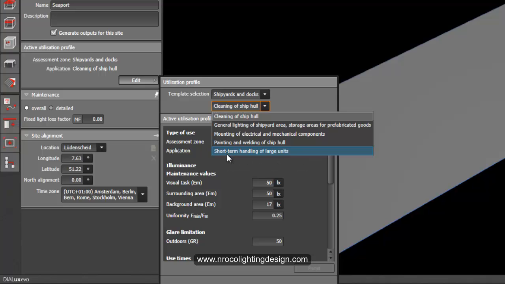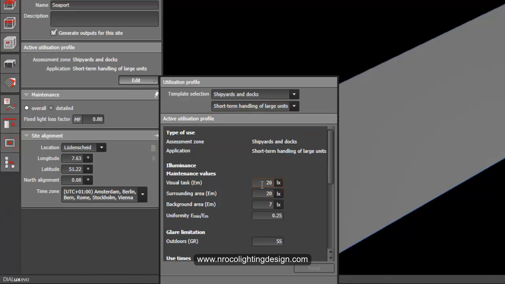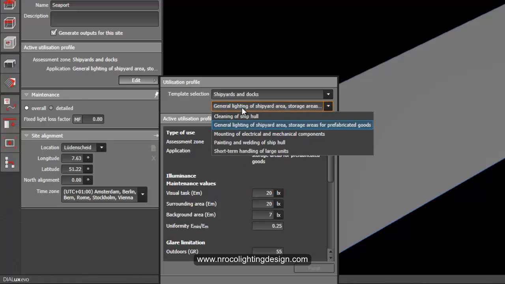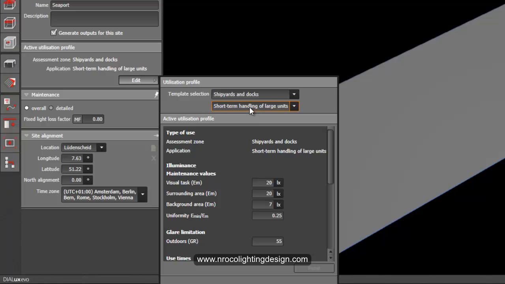So I think you will need to have a short term, because you said 30 lux, because if it's for general lighting, it's 50 lux. Okay, let me see, click it. Yeah, it's 20 lux, same 20 lux with the uniformity.